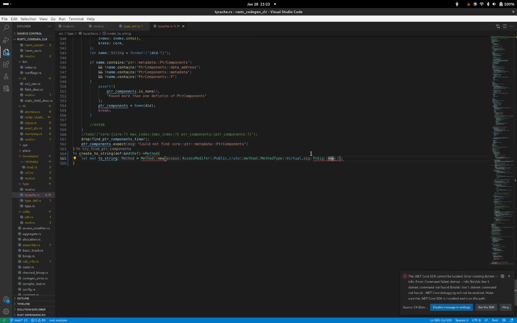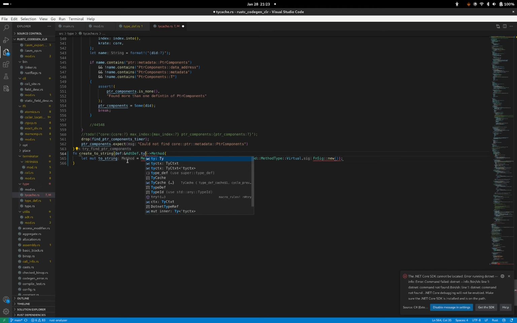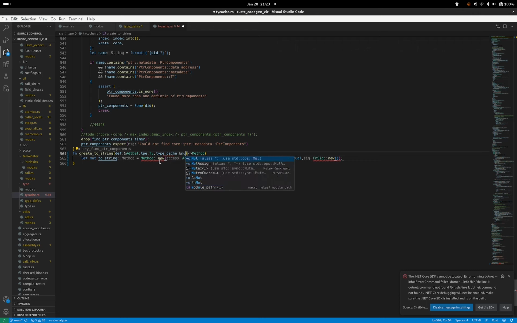So that's why here this will need to also know the type of this type definition. It will be the internal Rust compiler representation of a type. I'm taking that here, and I am also going to take in a type cache as an argument. This is my internal